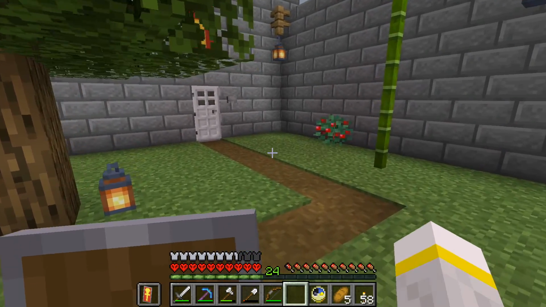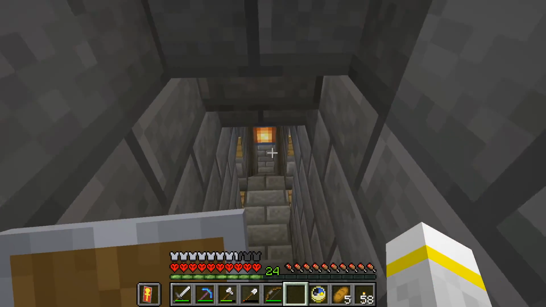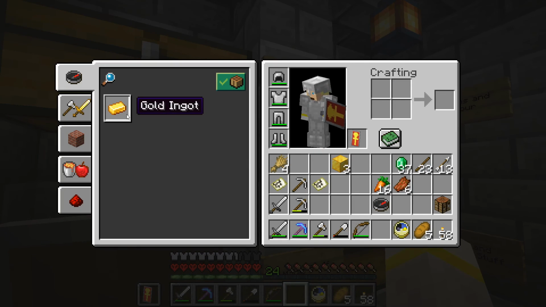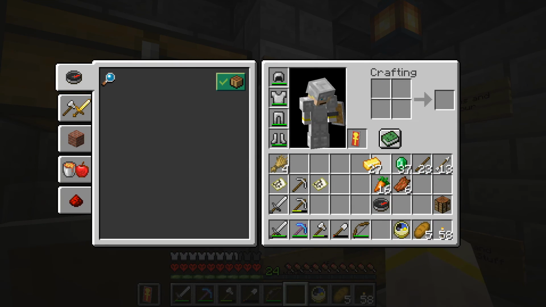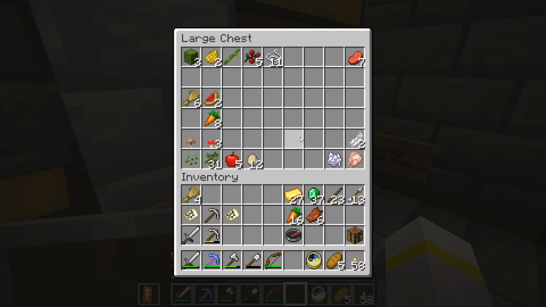Speaking of that, I should probably start thinking about selling some of my gold over to the cleric. How much gold do I have? I could afford to get rid of a couple of blocks of gold. Just a few. Also double check that we don't have any more piles of...